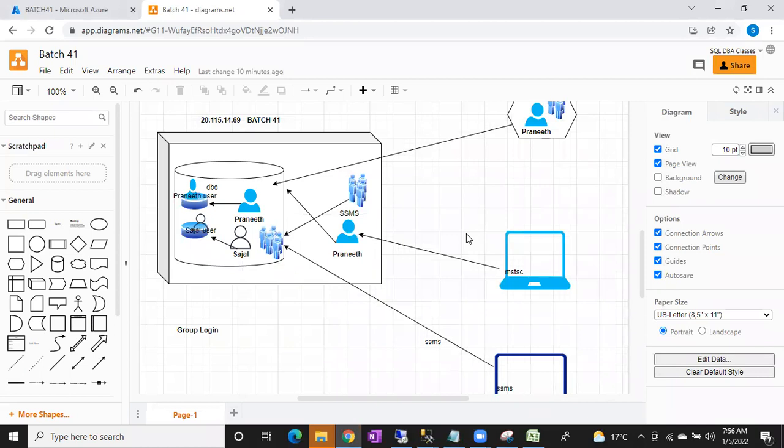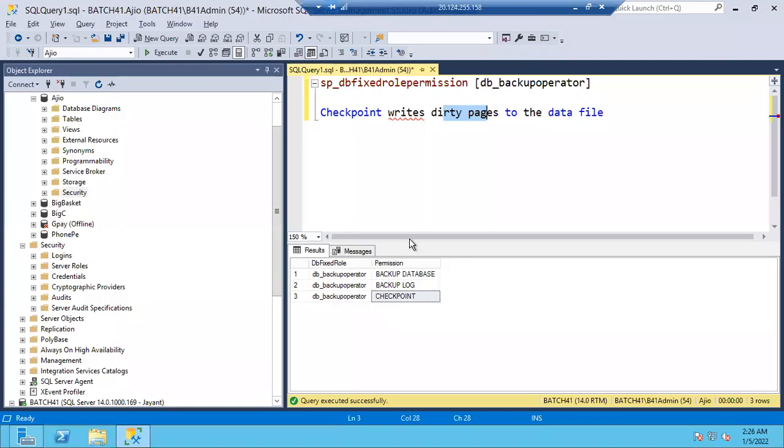Whatever data is in the log file, once it is committed in the log file, it will be permanently written to the data file. Agree? That is called checkpoint. So a member of backup operator can run the checkpoint.